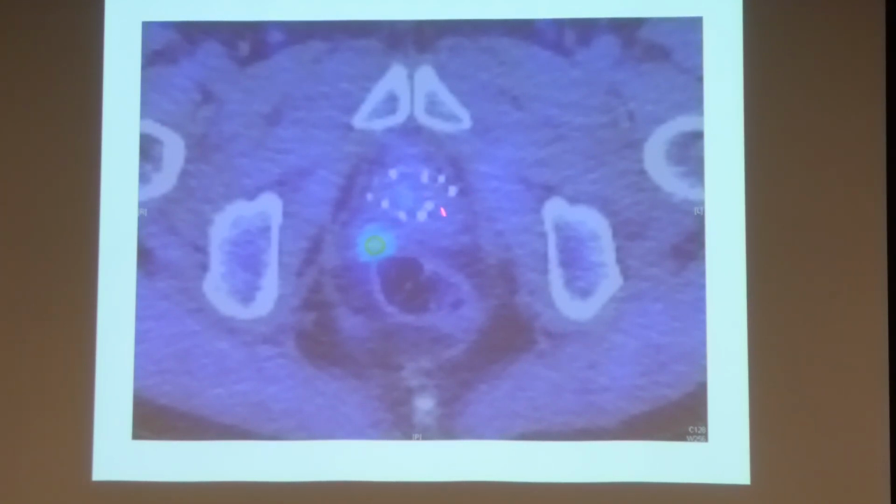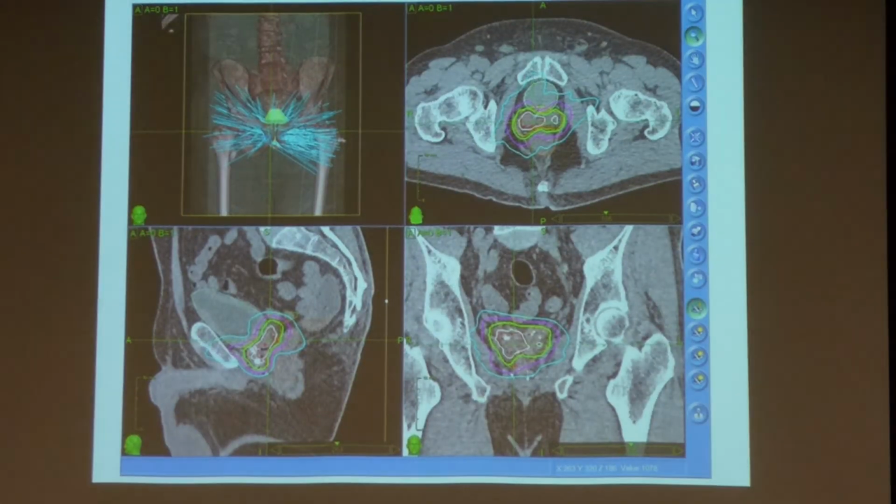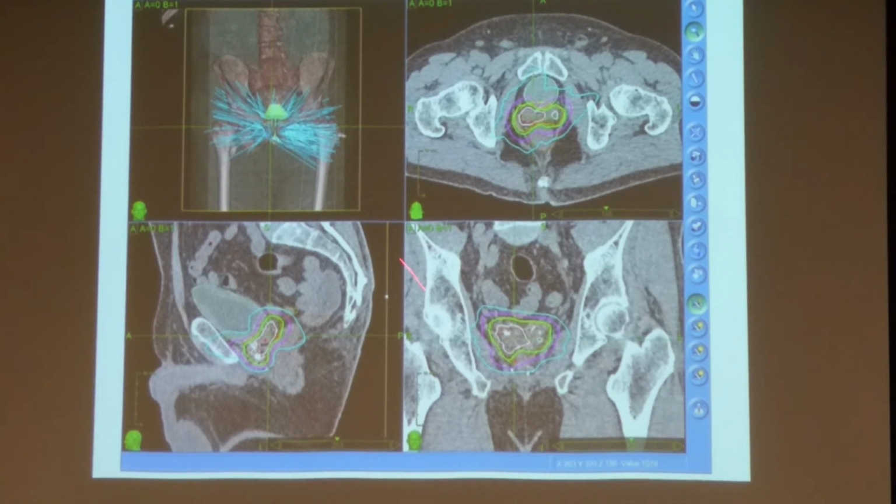You notice there are no seeds there. Well, some cancer cells spread from the prostate to the seminal vesicle. That's why when I showed you, when we treat primary prostate cancer, we include the seminal vesicle in case there's any buggers that went up there. But anyway, with seed implants, this guy did not have external beam, he just had seeds. So cancer cell went right to there, and then a few years later, grew and lights up on the PET scan. So we treated this in 2015, 5 years ago. Here's our treatment. Here's the beams